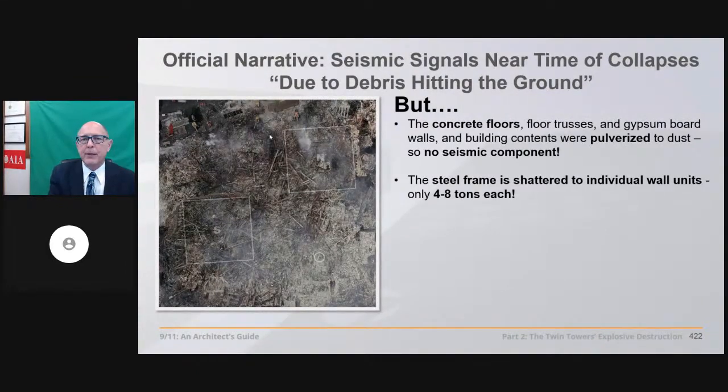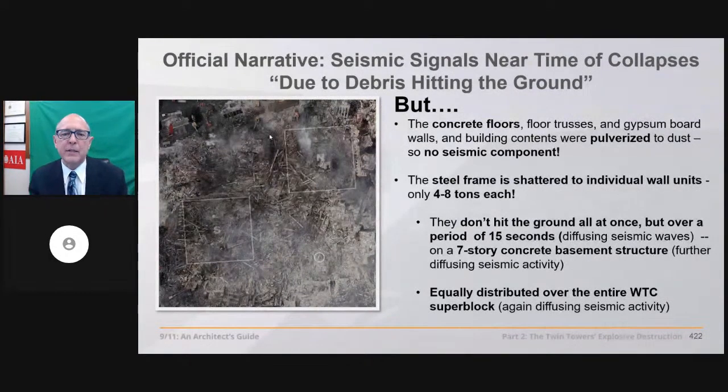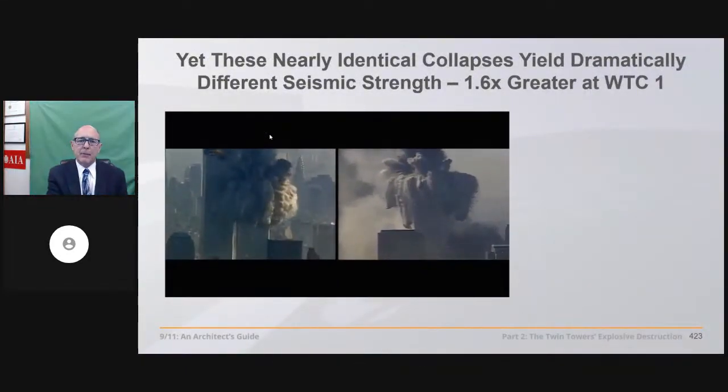And they're not even peppering the ground, they're peppering the top of a concrete basement structure. So they're not producing any seismic component there, and it's over a period of 15 seconds. So, and it's equally distributed over the entire World Trade Center superblock. So no seismic activity.